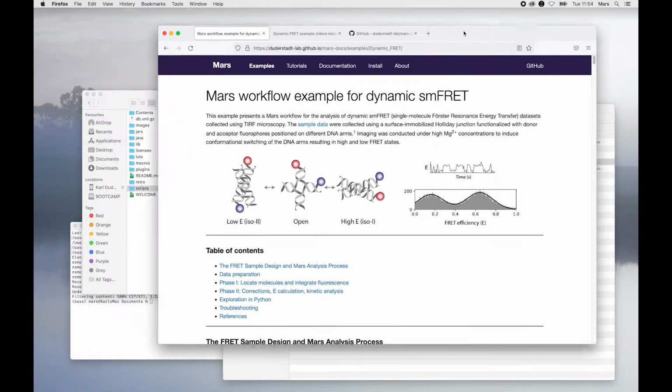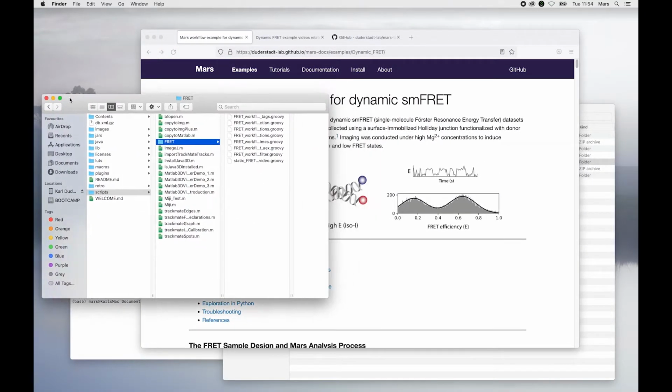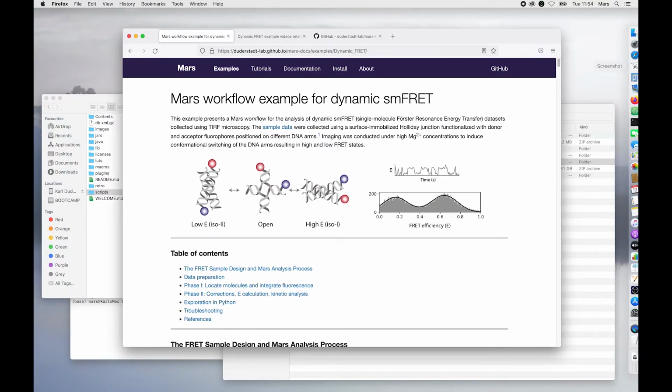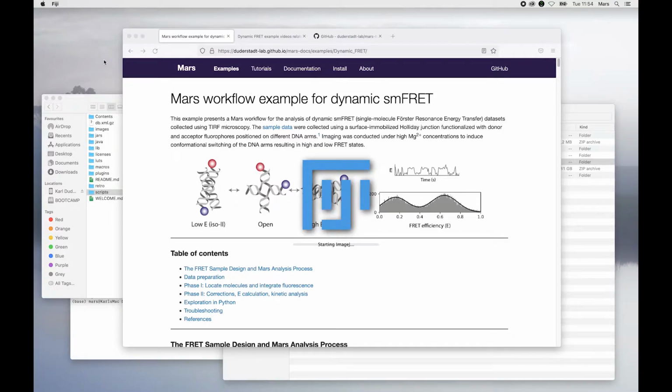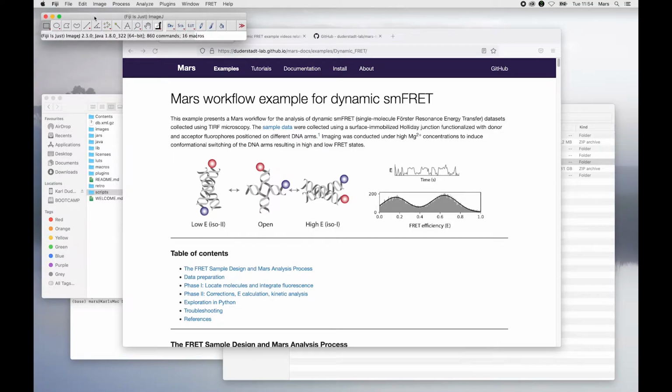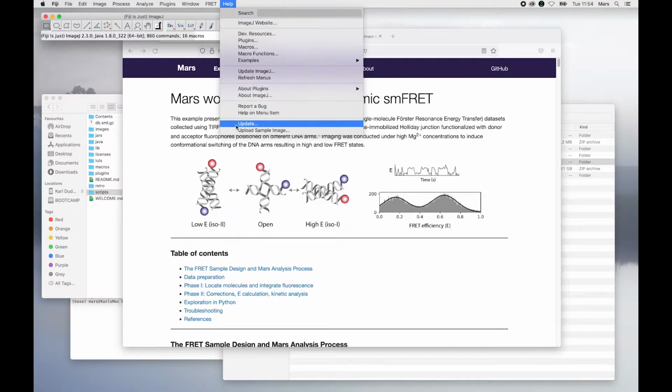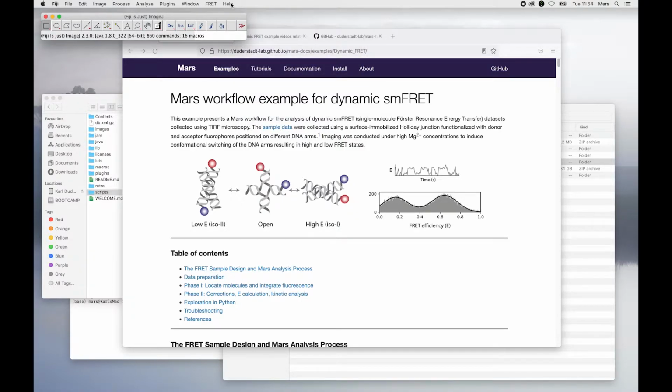All right, so back to the example. So now we have all the files that we need in place. I'm going to go ahead and open my Fiji. There's a few things that I like to check in Fiji right when we've started. So I already went under update, and I updated once, closed, opened again, and then I updated again after adding the Mars update site and also the action bar update site. We can see here a FRET menu, which has the scripts that we'll be using, which I installed in the scripts subfolder